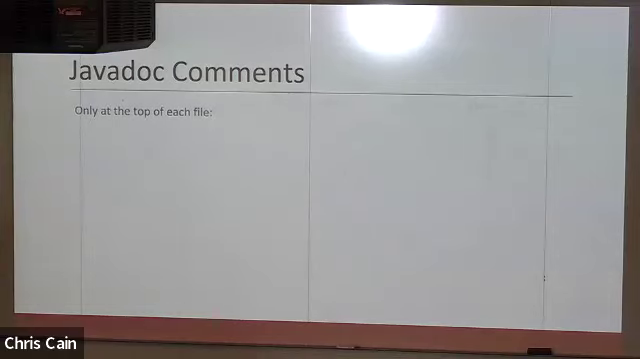So we talked about everything except for the JavaDoc comment that goes at the top of each file. At the top of each file, you will have @author followed by your name. You will have an @collaborator, and you can list here anyone else in the class that you collaborated with on